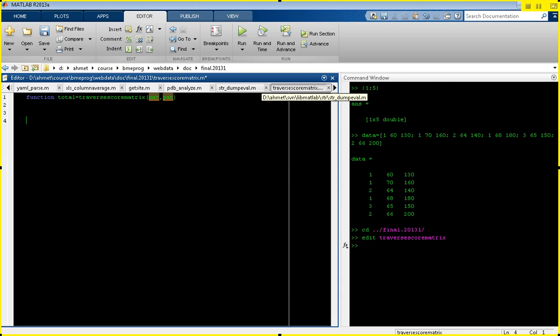Call that total. So I will initialize my total to be the first element of the matrix. And then I will also have a variable that keeps track of my current location, that's row and column, in RC. For each element in the path,